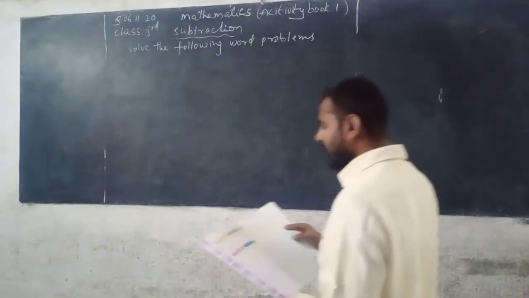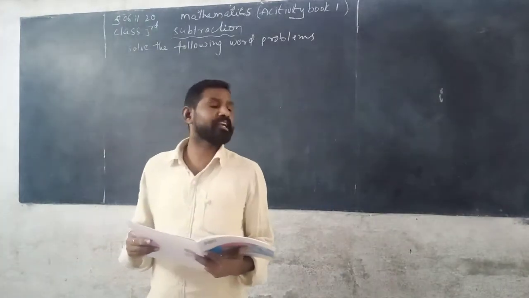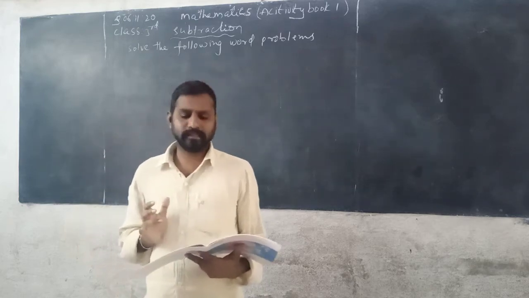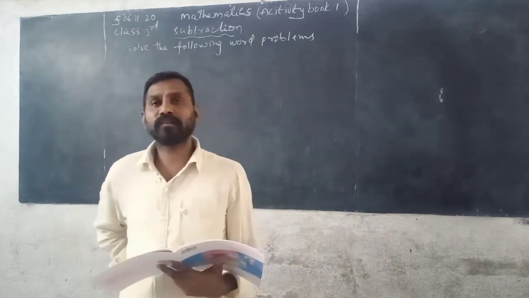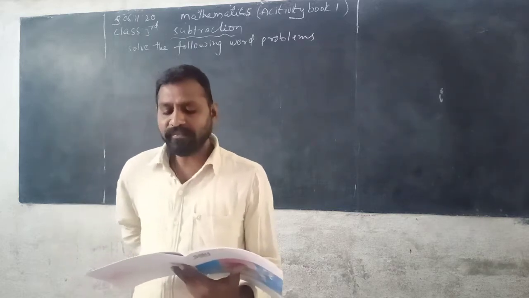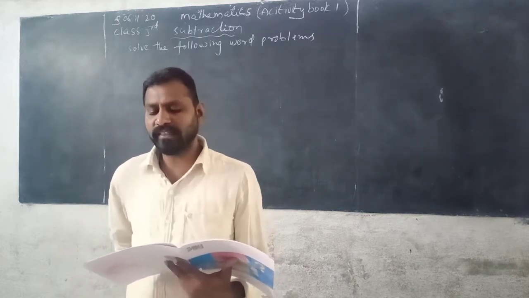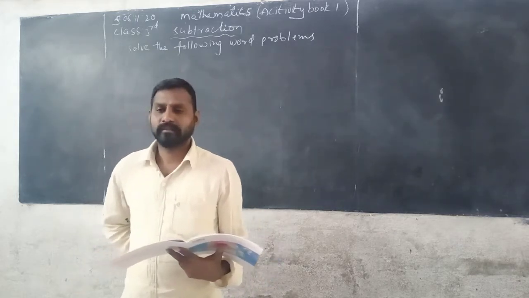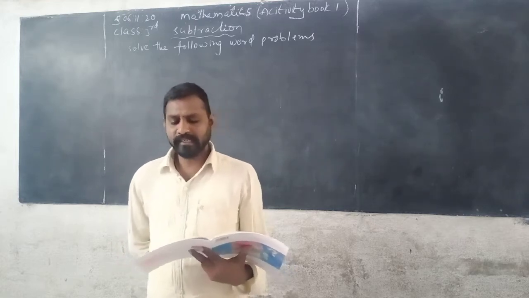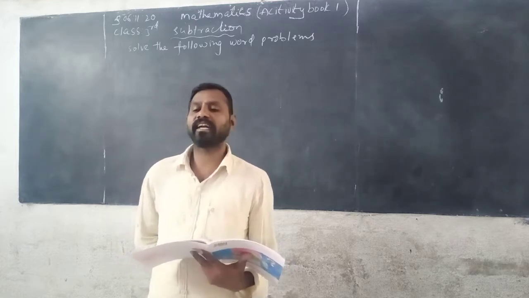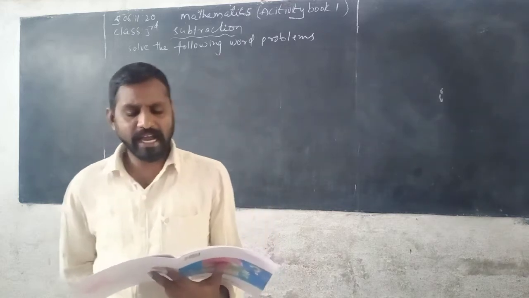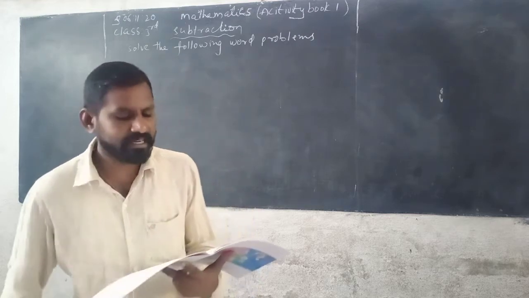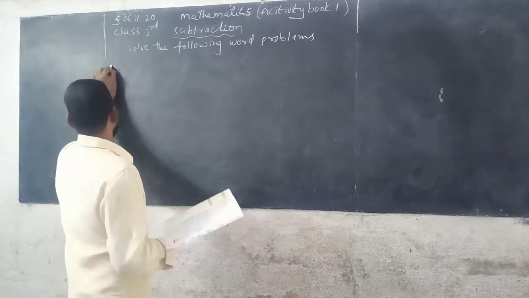See here, Soumya bought a dress for 2590 rupees. Soumya went to a shop and she bought one dress for 2590 rupees. She asked for a discount, and the shop gave a discount of 1098 rupees. Then what is the actual cost of the dress? See here, write down the solution.